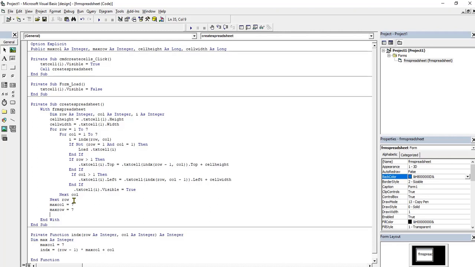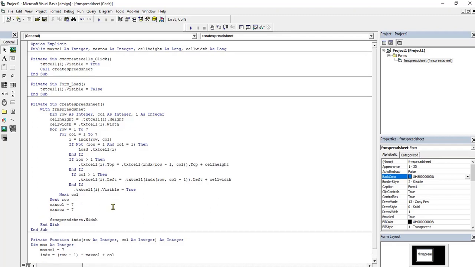So I will say from dot width, the width of the form will not be equal to. Now before I begin, let me come down here and say my I here will be equal to